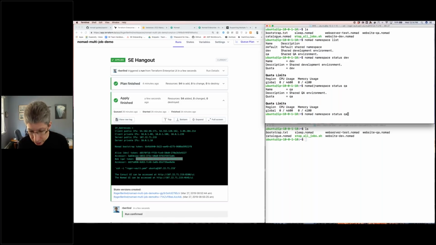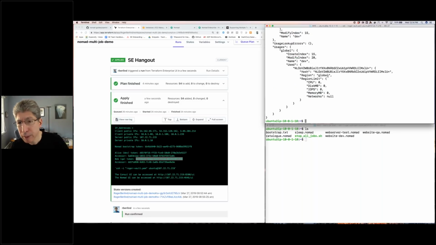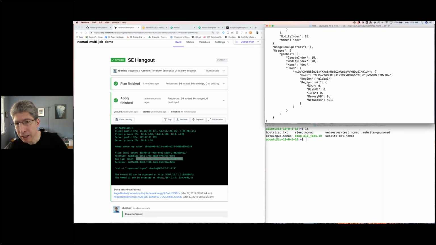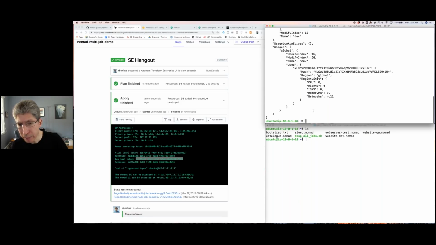Now, what I can also do is I can start to look at the quotas themselves. I could do Nomad quota, and let's do inspect dev. This gives me back some JSON, but we can see up here I have different limits up in this part. The same limits we saw already, and I see current utilization, right? So we have a number of commands that let us view these quotas and namespaces. Now we're gonna see those in action a little bit later, but I want to show you the Nomad Sentinel